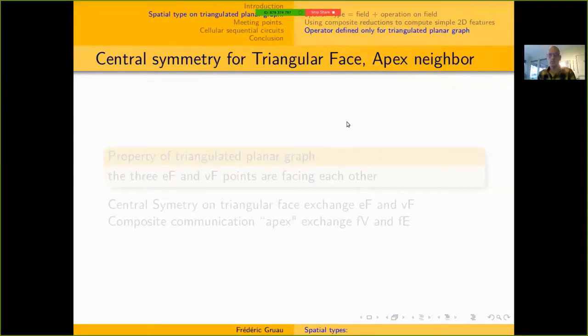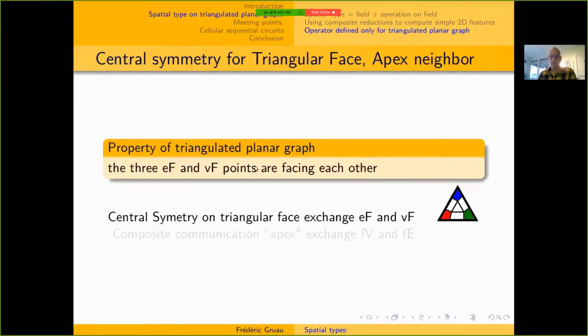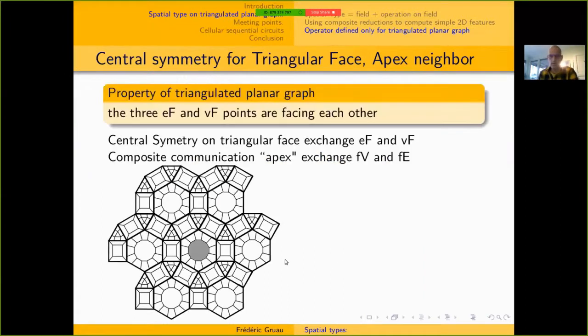So when the planar graph is triangulated, the 2 transfer locus of each face are facing each other. So we can define a central symmetry to exchange them. So the summit is going to send to the base. The central symmetry in turn allows to define a communication